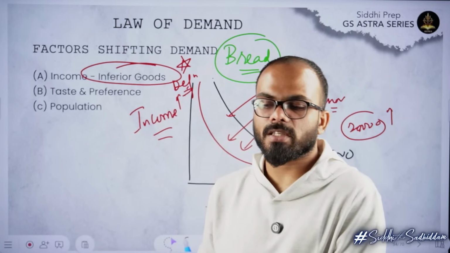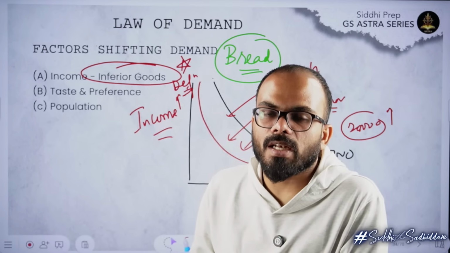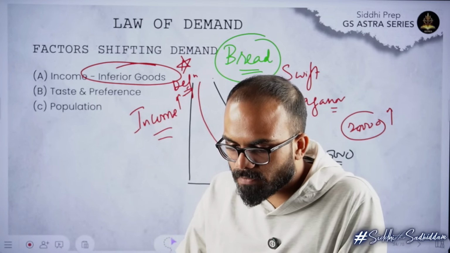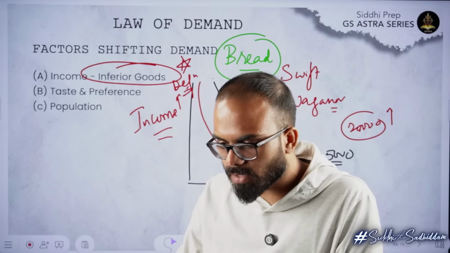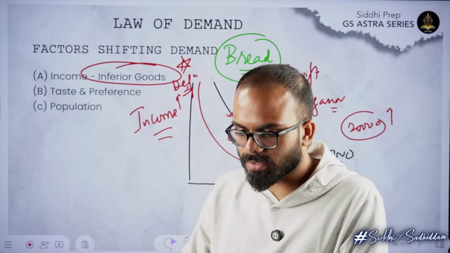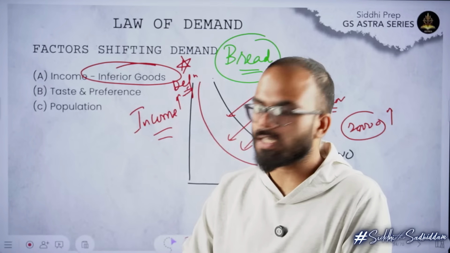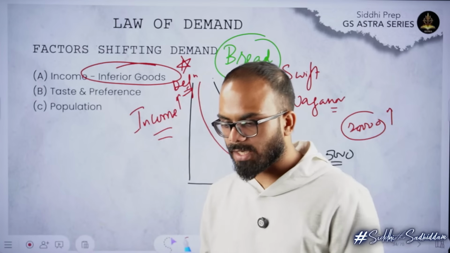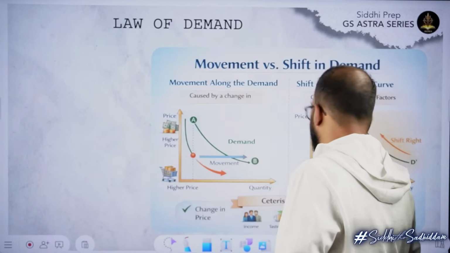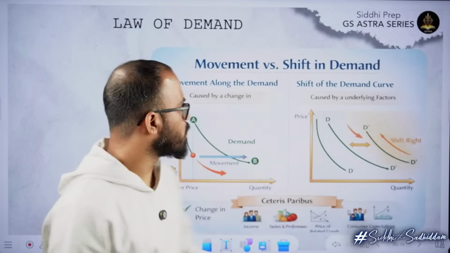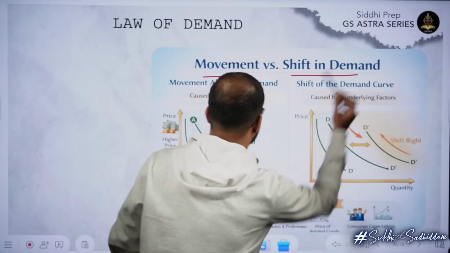Yes, so population of the country, all these things will result in a shift with respect to demand. Now people are shifting towards Tata and all. Earlier they were not thinking of Tata. Now people are shifting towards better options such as Tata, etc. So this is with respect to shift of the demand curve.